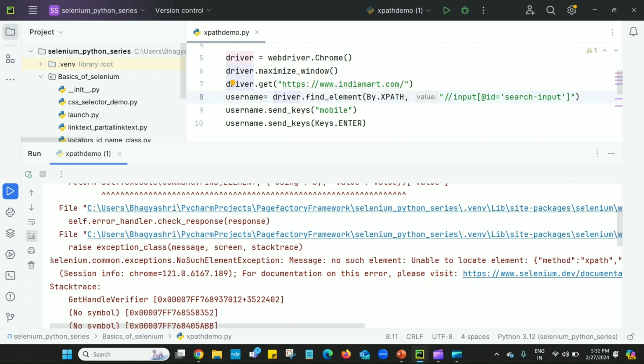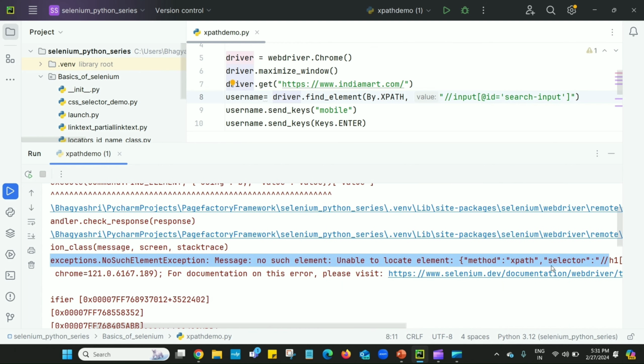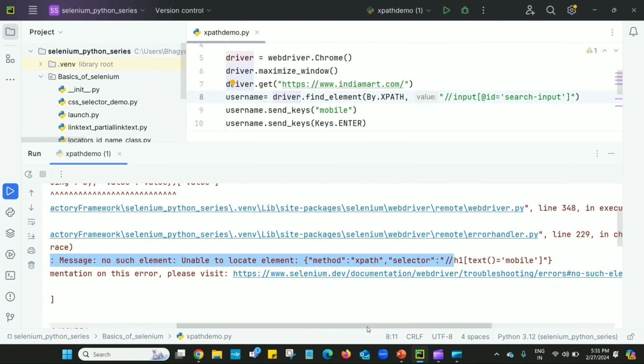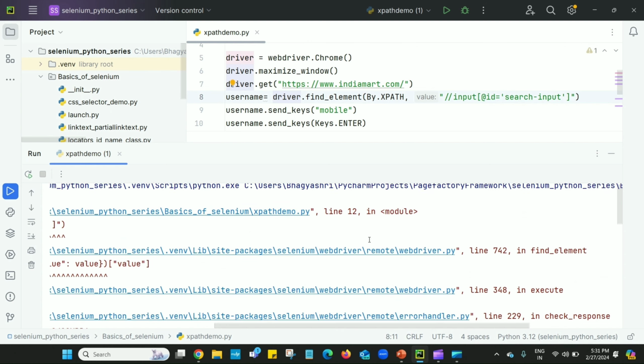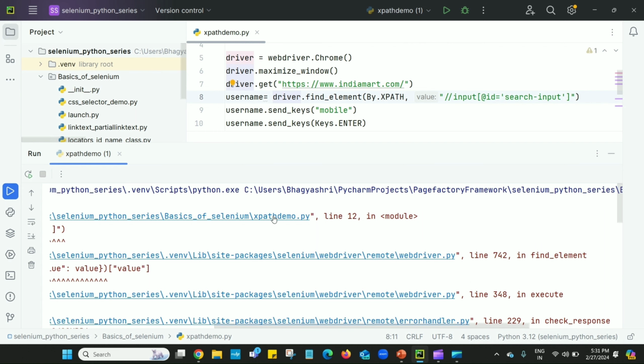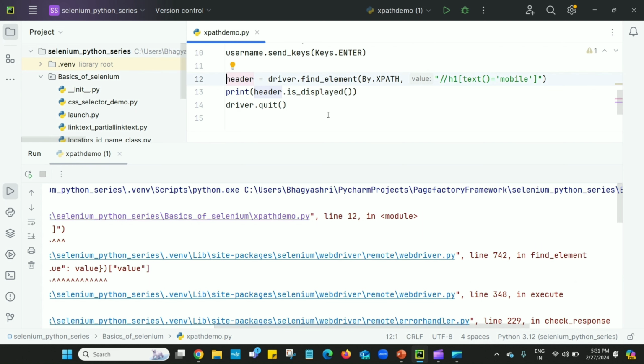At the bottom we can see selenium.common.exceptions.NoSuchElementException. And if we see the message for XPath, that is h1 text equals mobile. If we scroll up, at line 12 it is throwing, meaning this element is not found, though the XPath is correct.